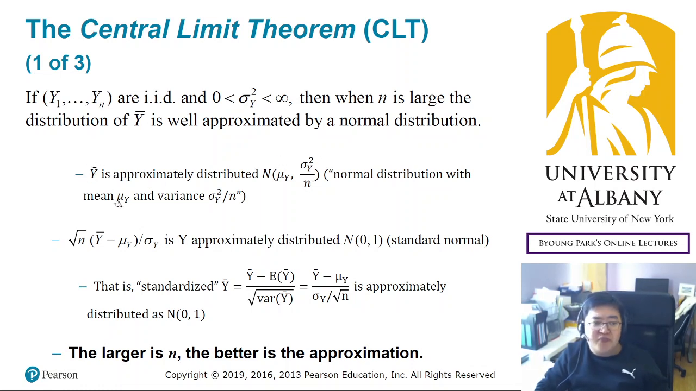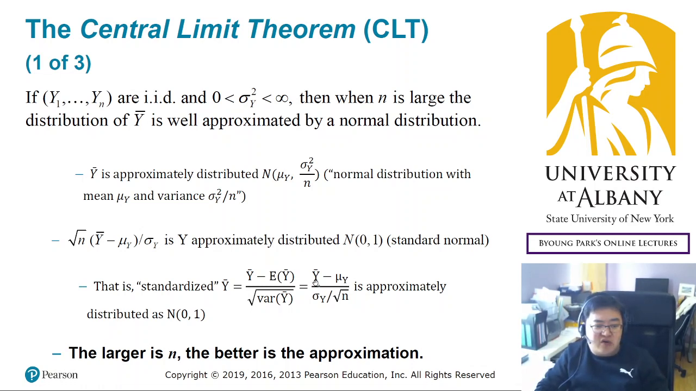So alternatively, we standardize y bar. So subtract the mean and divide by the standard deviation, and then this standardized form is approximately a standard normal distribution. The standard normal distribution is a special normal distribution with mean 0 and variance 1. So a standardized sample average is a standard normal distribution, which is a very powerful result,